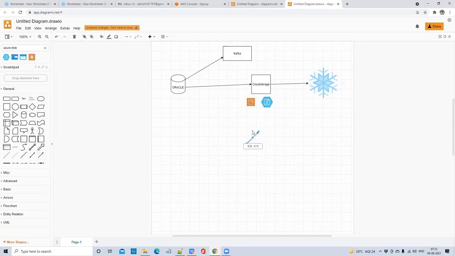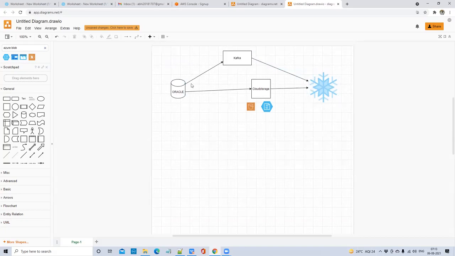So directly bringing the data from your source system to Snowflake is not an effective approach. Generally, we will buffer the data here, and once the data is accumulated, we will bring it to Snowflake. This path is also possible, but for huge volumes of data, for historical data, generally this is the good approach.